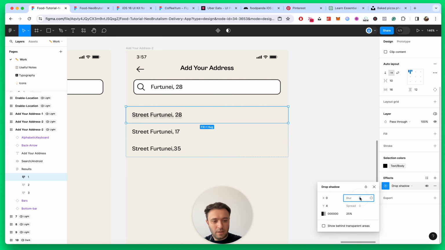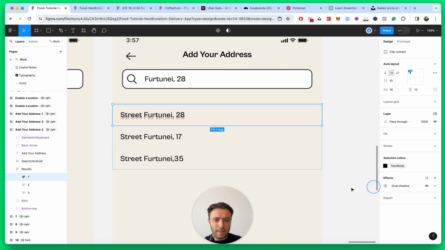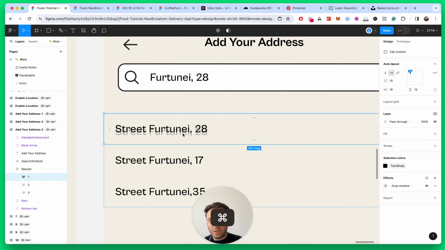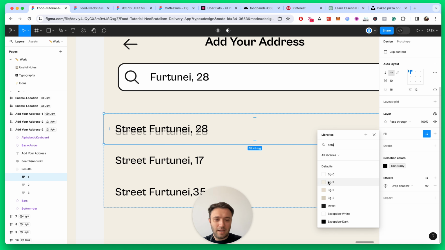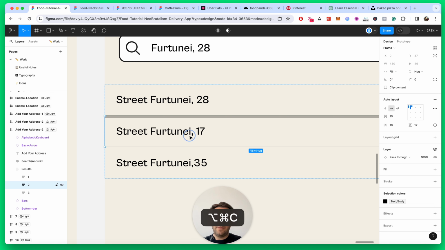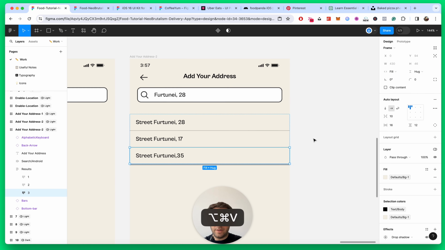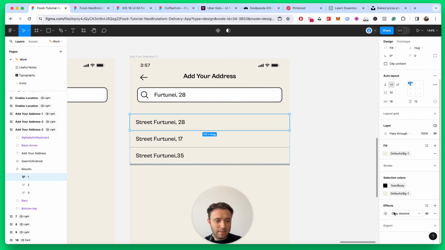Go here and make sure you get rid of that blur, and you see the shadow has been applied, but as we don't have a background underneath, we cannot add. See, it's all changing very smoothly. Let's make sure this is one,